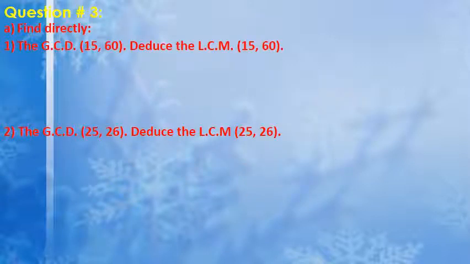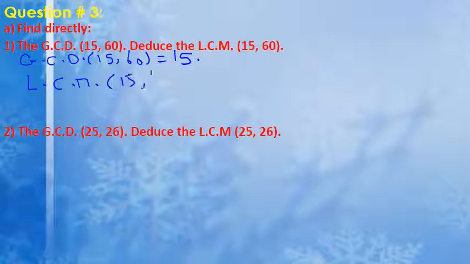Question number 3, we should find directly the GCD of 15 and 60. Because 60 is a multiple of 15, the GCD of 15 and 60 is the smaller number, which is 15. To find the LCM of 15 and 60, because they are multiples, the LCM is the biggest number,